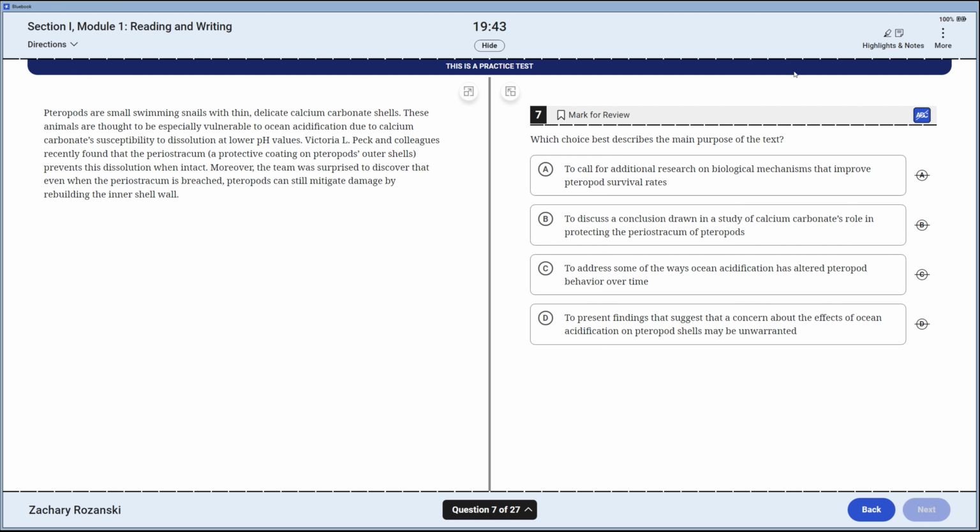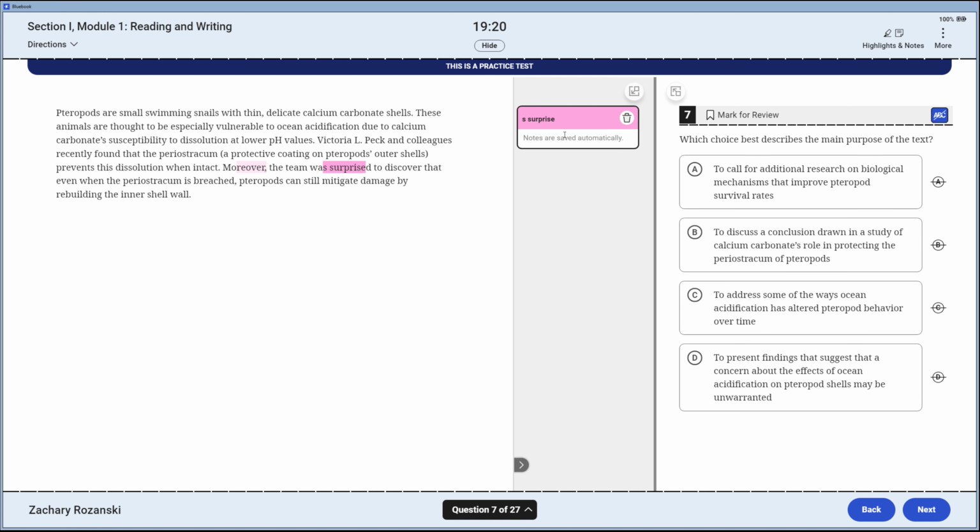This is B. The main purpose of the text, I can jump down here to the final sentence where I like to start my fight. I've got a "moreover." I'll jump it back one. Peck and colleagues recently found that periostracum, this thing, prevents the dissolution when intact. And they were surprised to discover periostracum stops the dissolve,